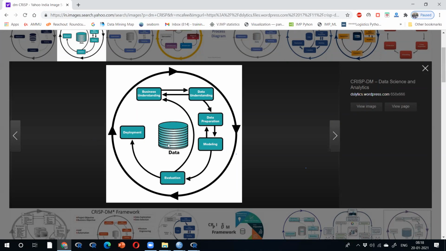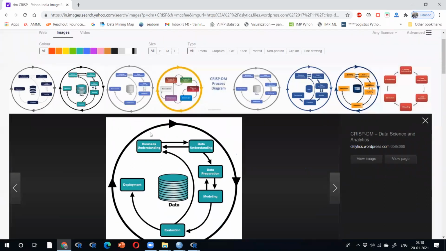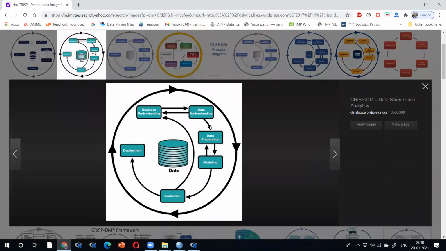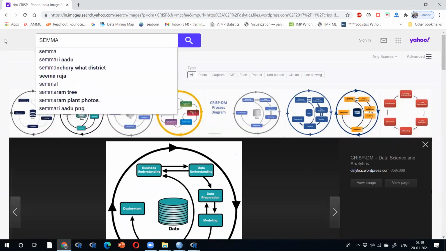This is the process, data mining CRISP, it's called. The same process is called everywhere. Understand the business, understand the data, prepare the data, model the data, evaluate the data, deploy the data, and give the feedback. It is a data science process. The older language is the CRISP model, but the technique is called SEMMA.